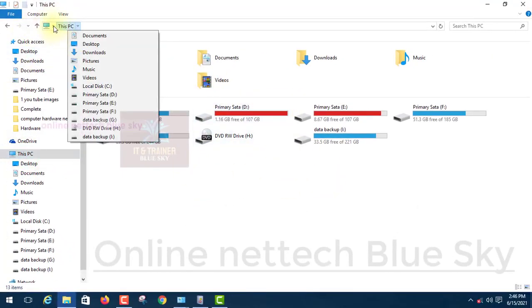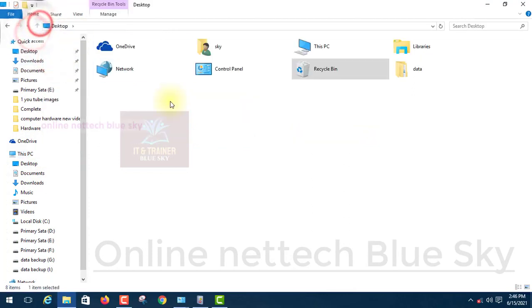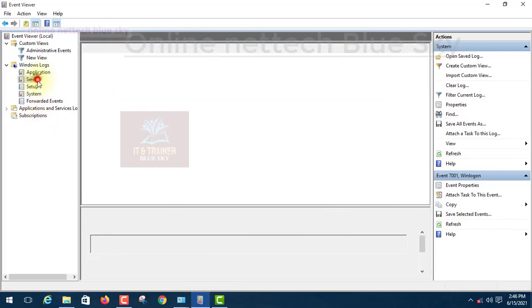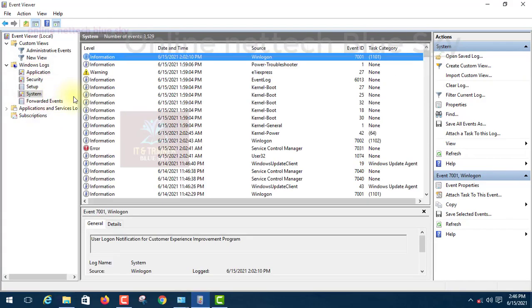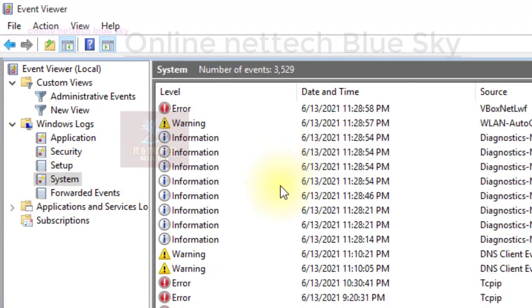You can see here Control Panel, some important things. Maybe sometimes an error is given, sometimes it does not start completely. So all of this information is added in system and security. Okay, so right now I am just showing you only system, but you can see a lot of mixed entries.